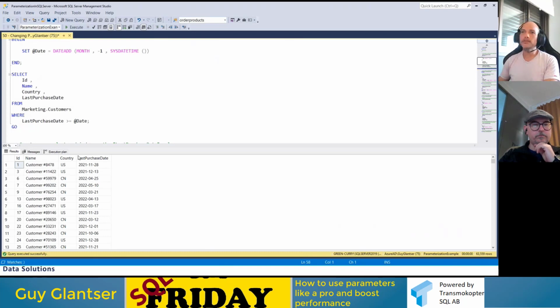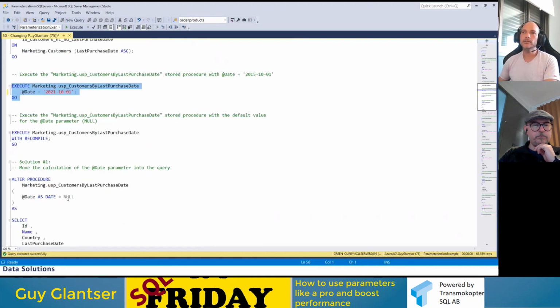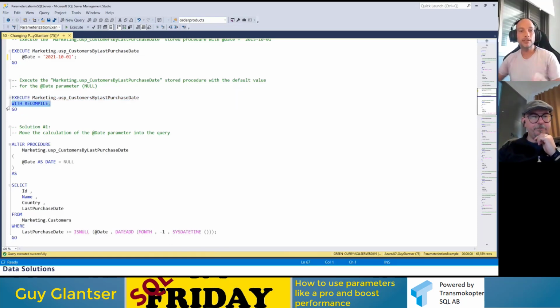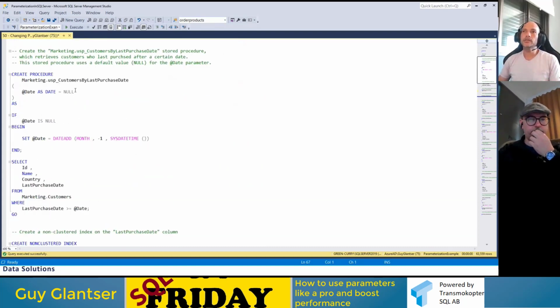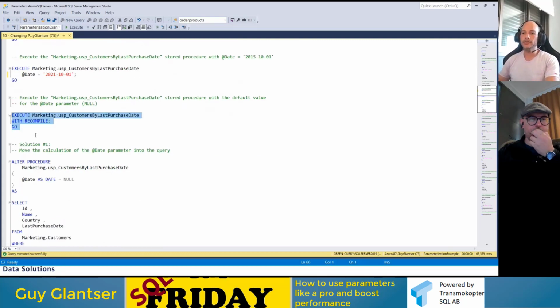We get 63,000 rows. Okay, we get a good estimation. Everything is great. We get a clustered index scan in this case because it's a lot of rows. And now I'm going to execute the stored procedure again. This time without passing a parameter value. The with recompile instructs SQL Server to compile it again because I don't want in this case to reuse the plan from cache. I want to show you what happens if we run this stored procedure for the first time without a parameter value, and it will use the default value of null, which is supposed to be the common case. So let's say now it's the first execution,